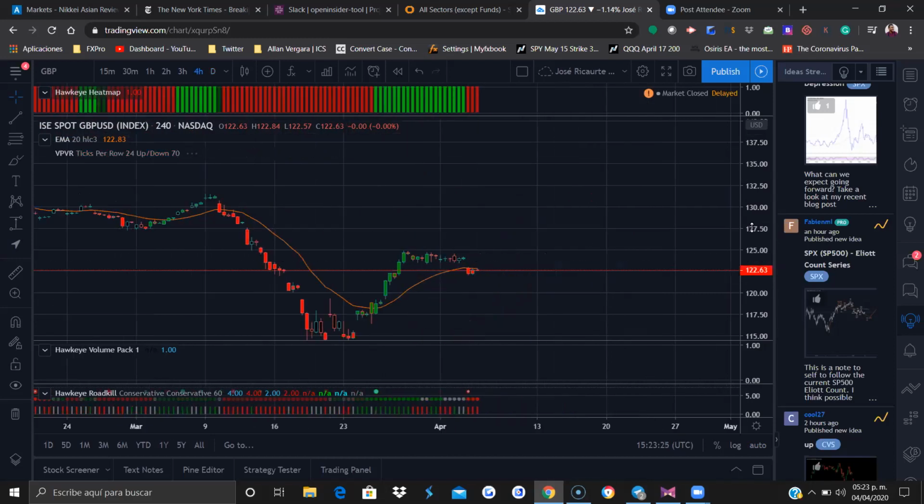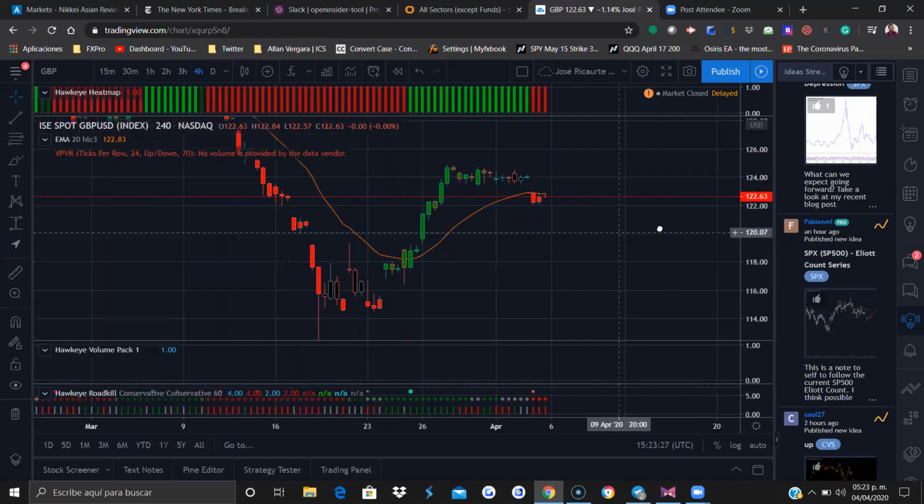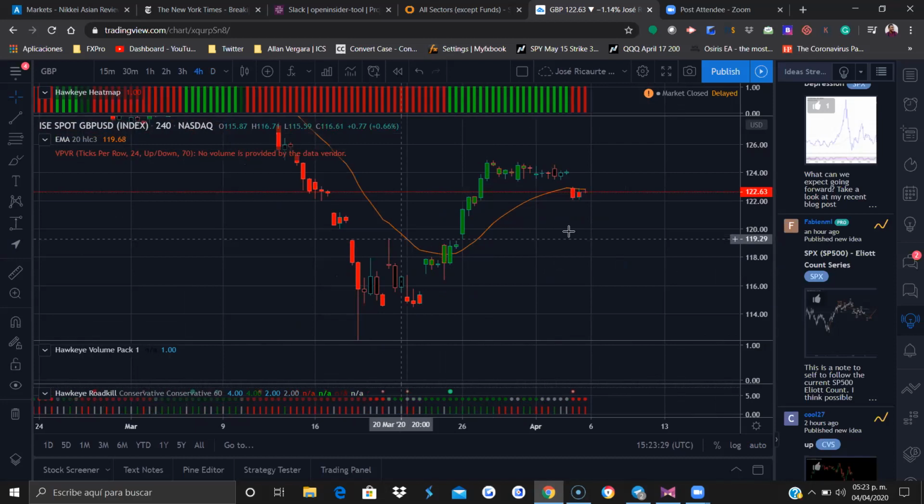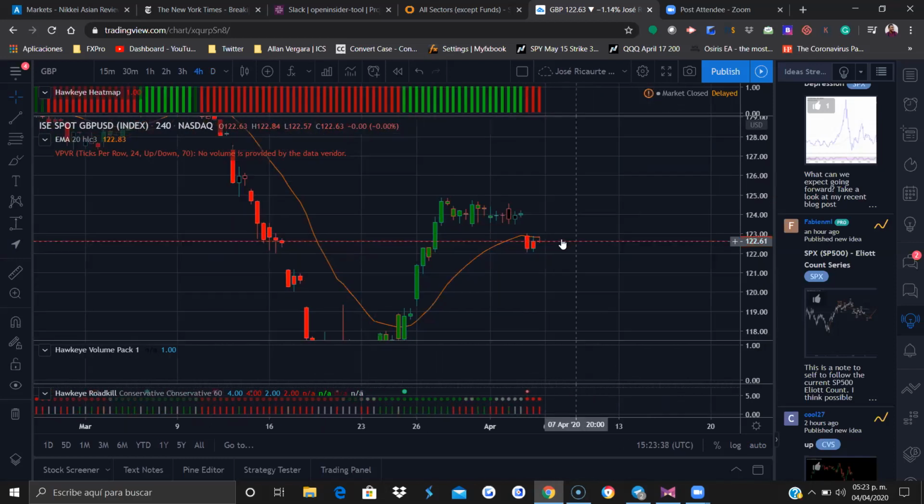So yeah, it's a little bit tricky. That's where you say, okay, you have this level. It may want to retest this level around 121.40. So this is the confusing level. Roadkill is a little bit on the red right now as well. The heat map is red, so it seems it's still favoring a little bit more of a correction, but everything